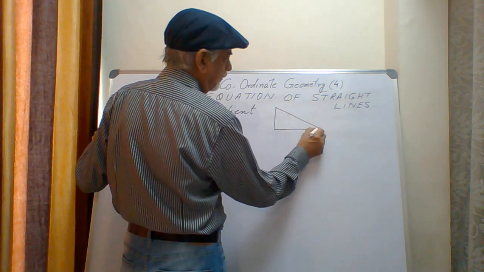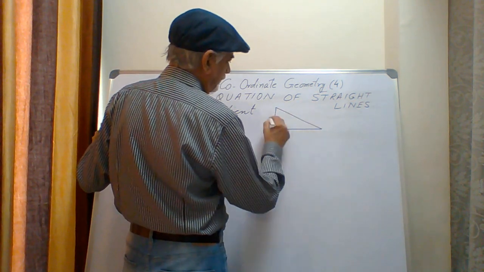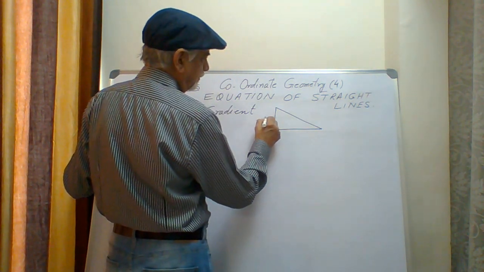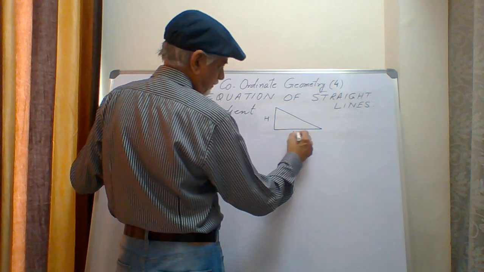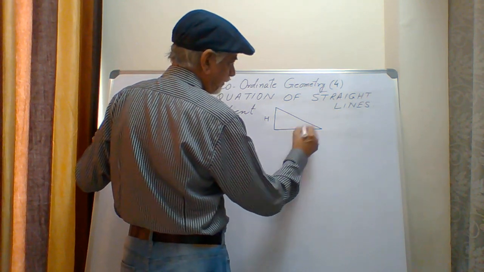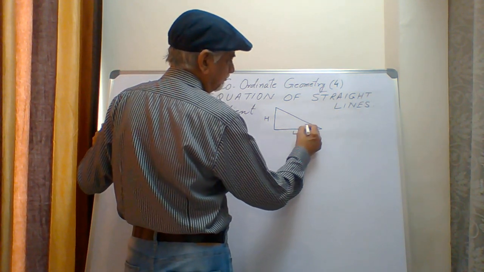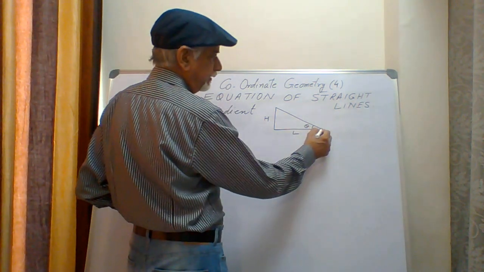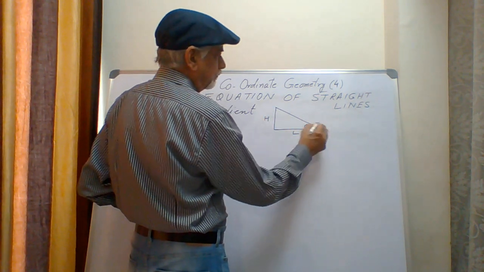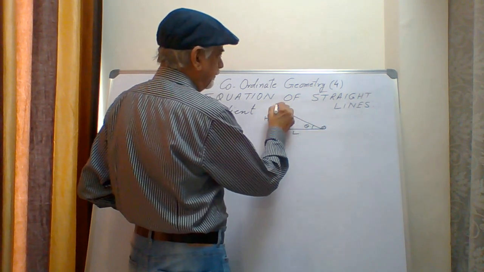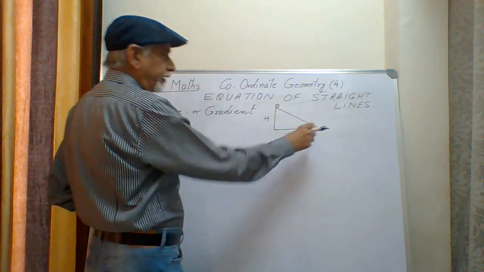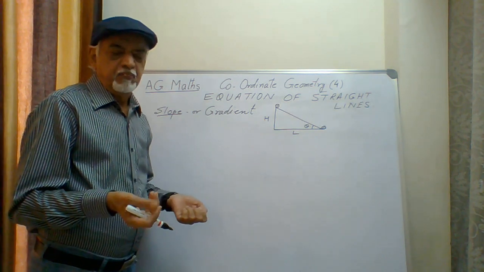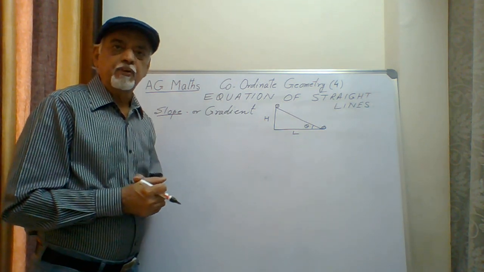How do we define that? The slope will be defined like this: if I draw a slope like this, this is your height, say h, this is L, and this is your angle theta. To raise anything from this level to this level, suppose this object is to be put here, it is difficult to raise it vertically up if it is very heavy and the person who is pulling it up is not strong enough.